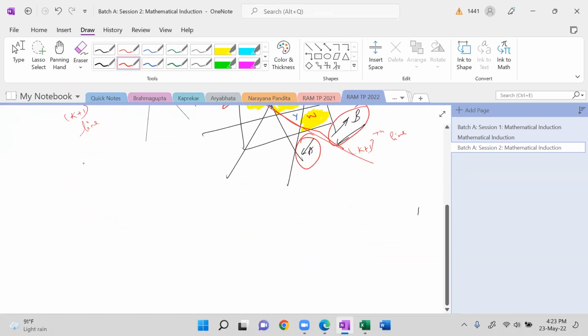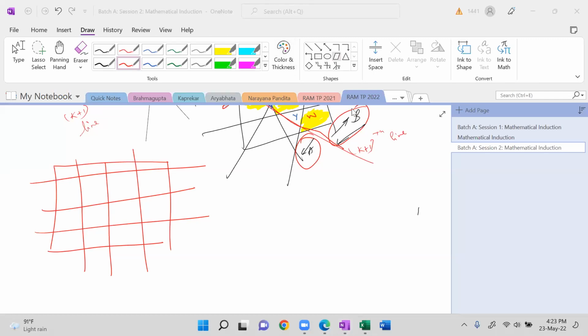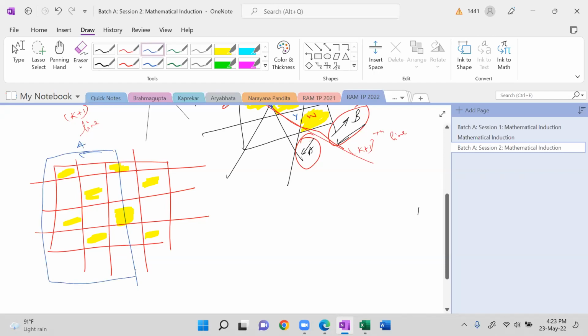To give you a simpler example, this is just an example for representation. Let's say that we have something like a chessboard. Let's say we have this chessboard and we are coloring it. This is yellow, yellow, yellow, yellow, yellow, yellow, yellow, yellow. This is the chessboard. Now we introduce this line. So what we are saying is, towards the A side, this side, there is a perfect coloring. That means if you are only looking at this part, there is a perfect coloring, no problem. If you are only looking at the right side, there is a perfect coloring, no problem. But now when we look at this entire thing,